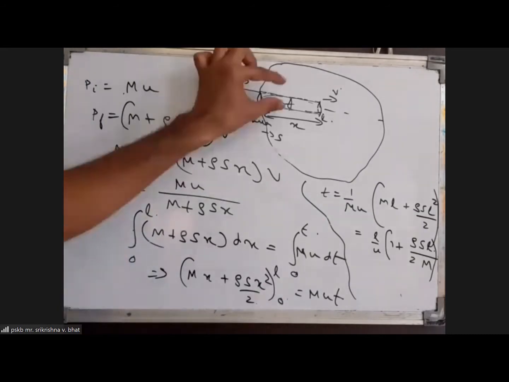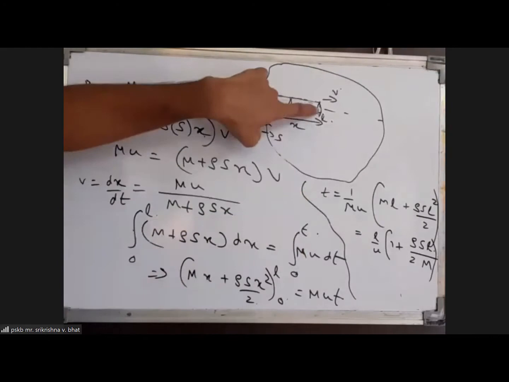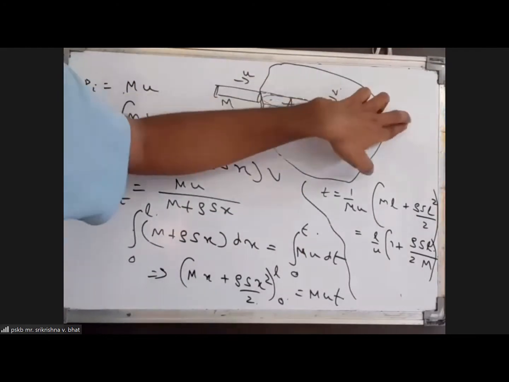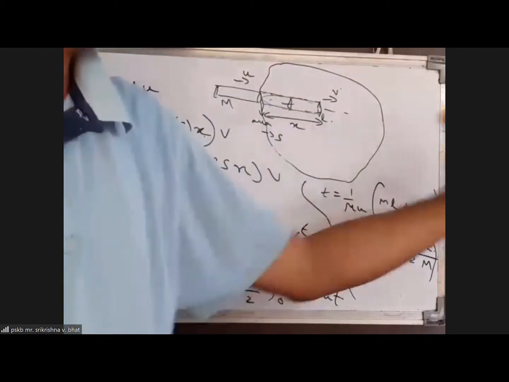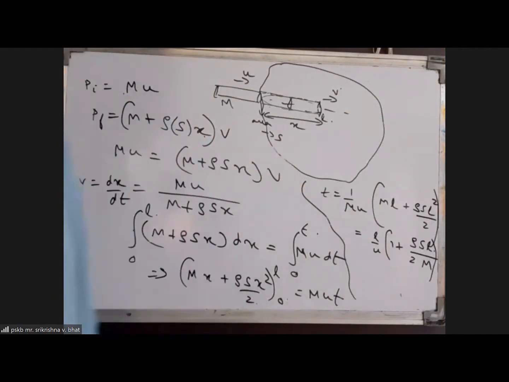The spaceship will be experiencing retardation, or its velocity will be decreasing, till the front face of the spaceship reaches here. Once it crosses this point, thereafter there is no cloud beyond that. So there are no particles which are striking the face of the cylinder anymore. Right? Is it clear?